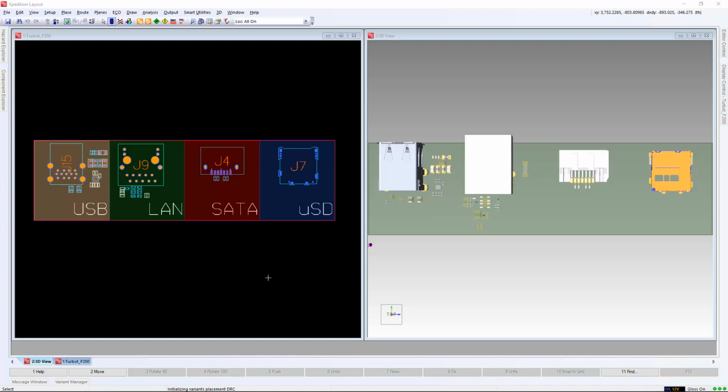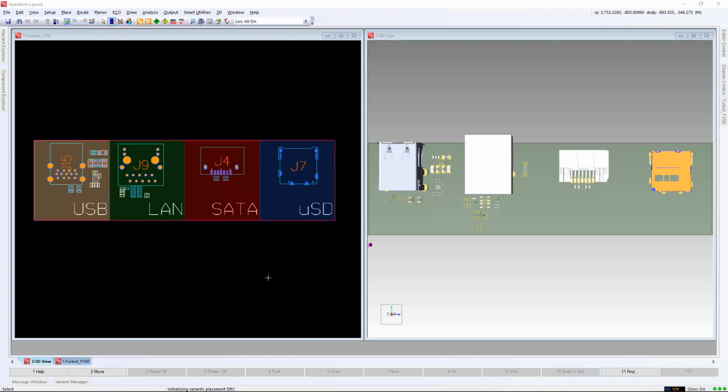Within Xpedition, variants of a board assembly are defined and managed within a single project. This is particularly important when changes impact the core design, as these changes will be applied to update all variants automatically. In the next couple steps, you'll see the process where Xpedition enables easy transfer of variant data from Xpedition